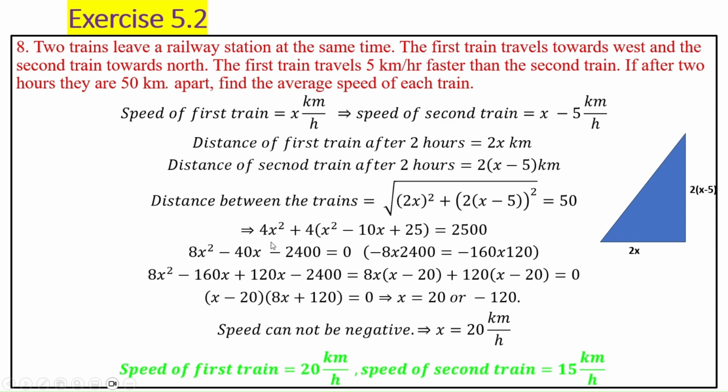Simplify, and the quadratic equation you will finally get is 8x square minus 40x minus 2400 equal to 0. So you factorize it, and you will get x equal to 20 or minus 120. Of course you can't take negative as speed. So x equal to 20 kilometers per hour. So the first train has a speed of 20 kilometers per hour, the second train has a speed of 15 kilometers per hour. Next,